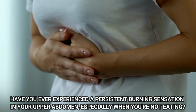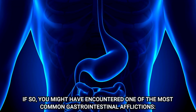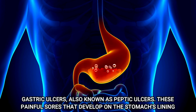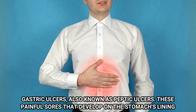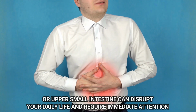Have you ever experienced a persistent burning sensation in your upper abdomen, especially when you're not eating? If so, you might have encountered one of the most common gastrointestinal afflictions, gastric ulcers, also known as peptic ulcers. These painful sores that develop on the stomach's lining or upper small intestine can disrupt your daily life and require